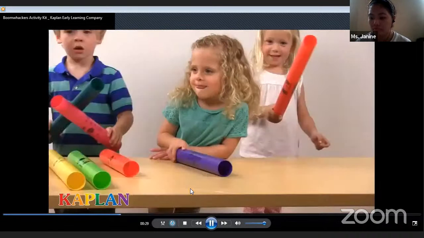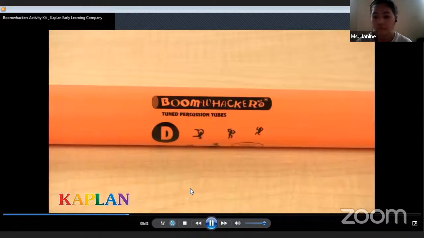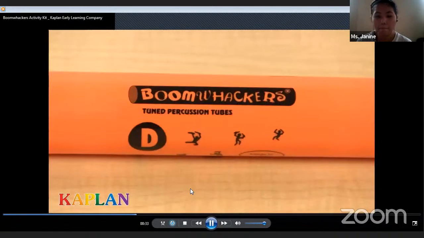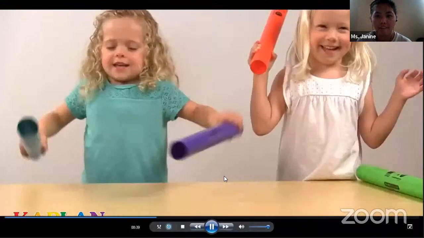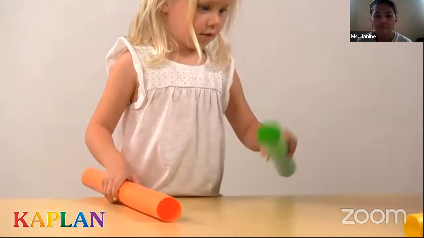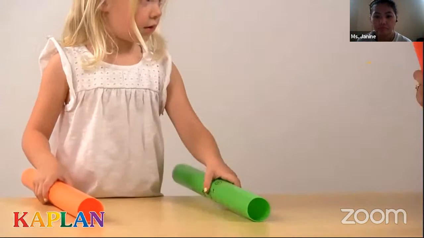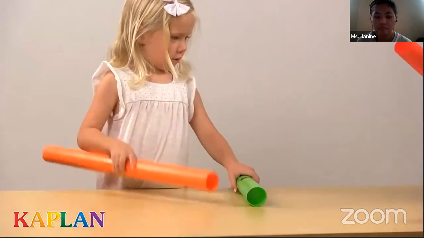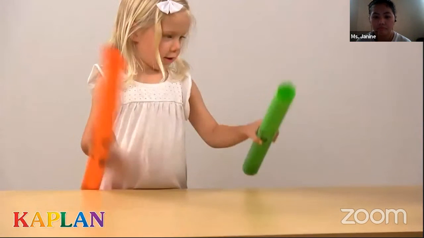Each Boomwhacker tube is color coded and labeled with a note on the C major diatonic scale. Whack tubes on different surfaces to produce different notes on the scale. Encourage children to explore how the length of the tube produces different notes and sounds. For example, have children observe how shorter tubes create higher sounds and longer tubes produce lower sounds. Used together, we can make music.